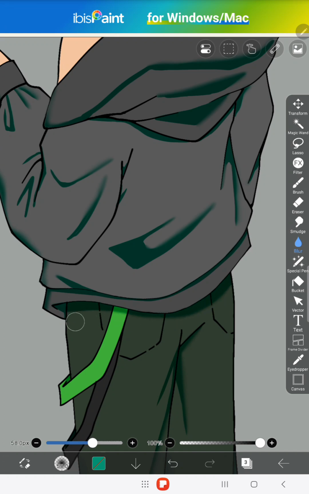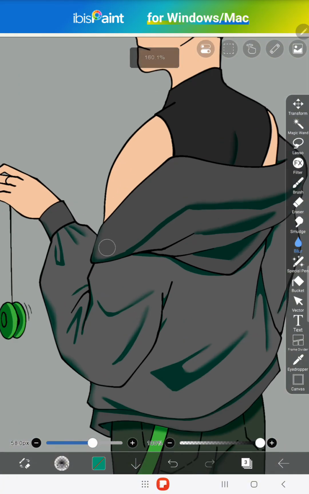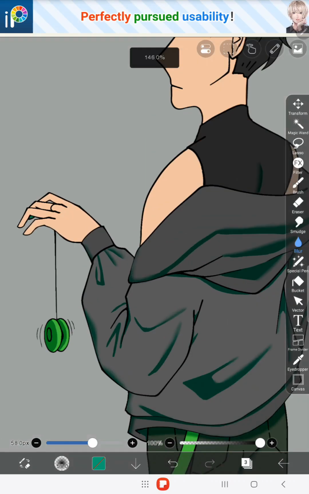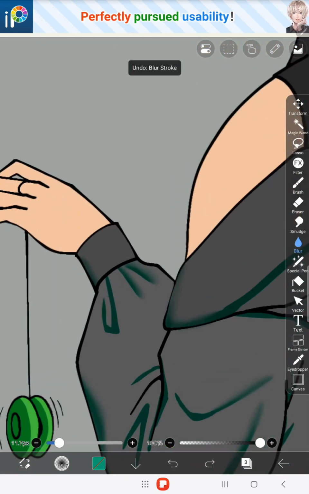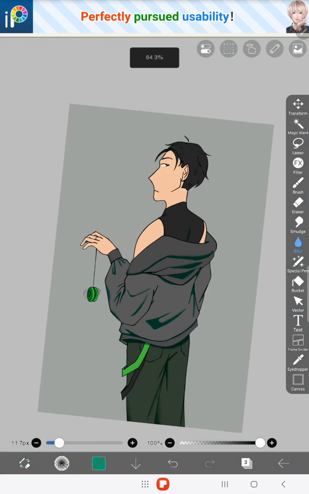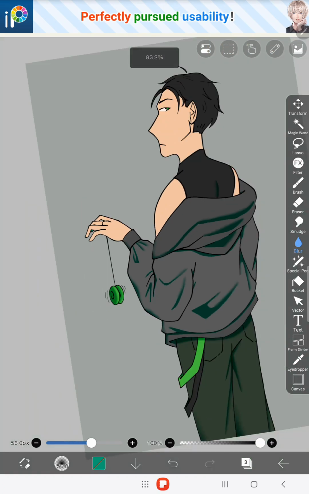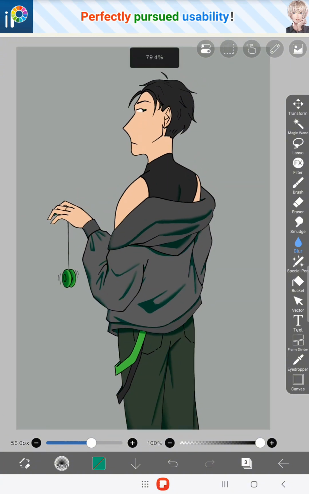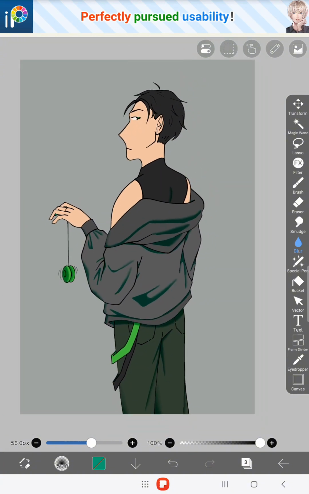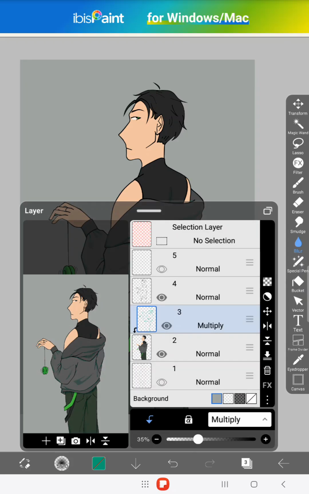Some things need to be softer than others, but yeah, now that I have all these things blurred out the way I'd like them, mostly, I'm gonna blur the yo-yo also. I did the yo-yo because it gives the yo-yo depth. Now that everything here is blurred the way I'd like it, with some hard edges and some soft, what I'm just gonna do is lower the opacity until it looks relatively normal. I like doing things in increments of 5, so